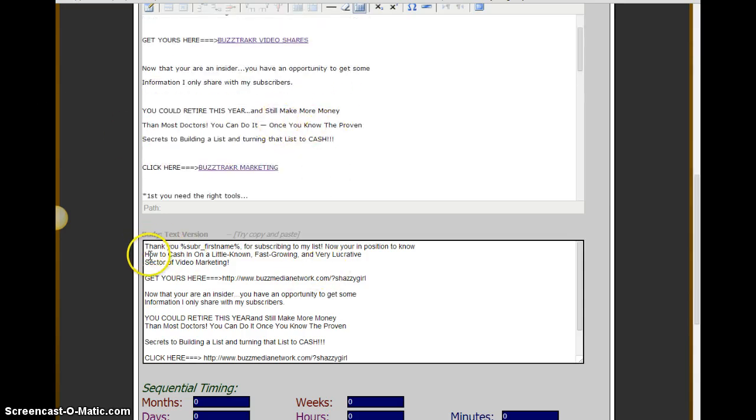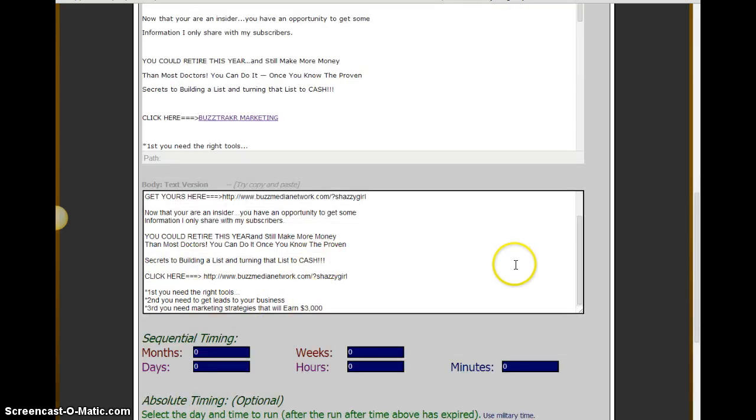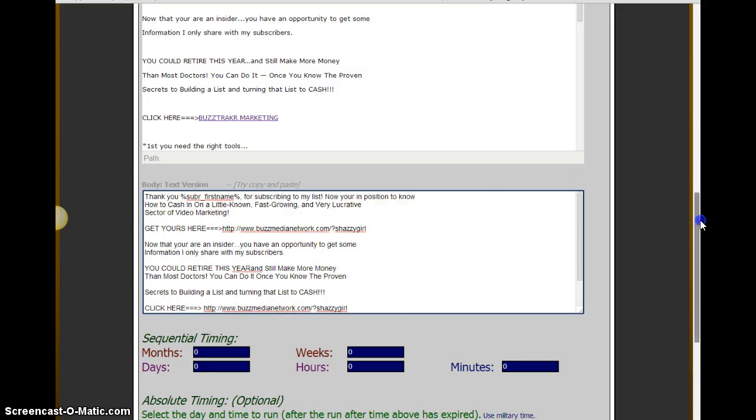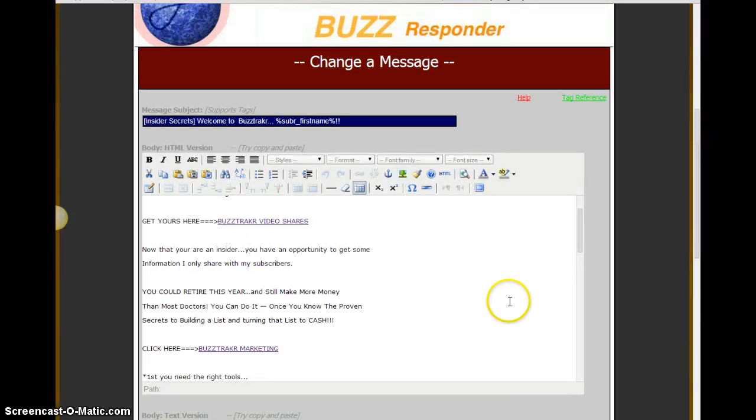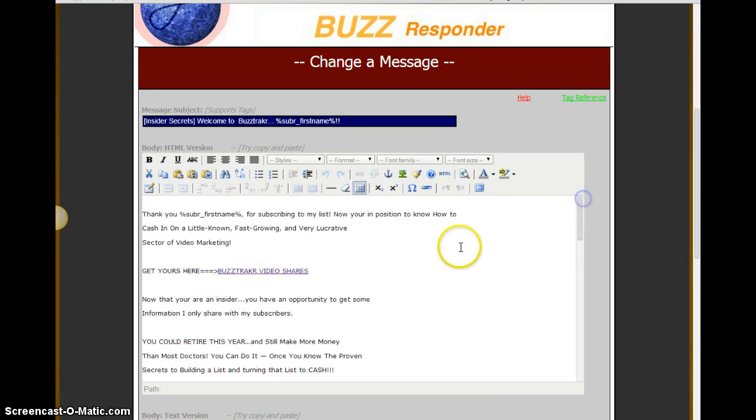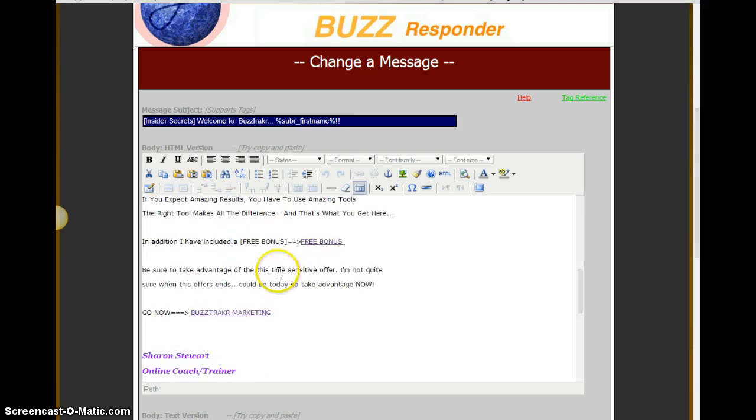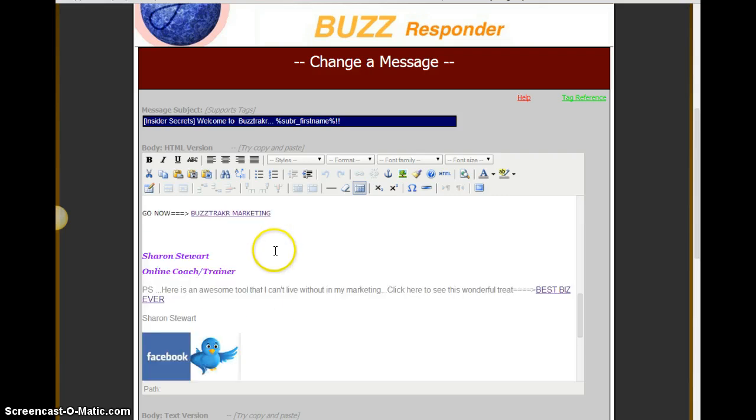And the first thing you would do is put the body in here, okay? And make sure you put your links to whatever, because this is just text. If a person doesn't have an HTML email, they can get your text. So make sure your text is all done here, and it should be fine, right? And then what you would do in this one is grab your text and put it all in here, okay? And make sure you have a signature,